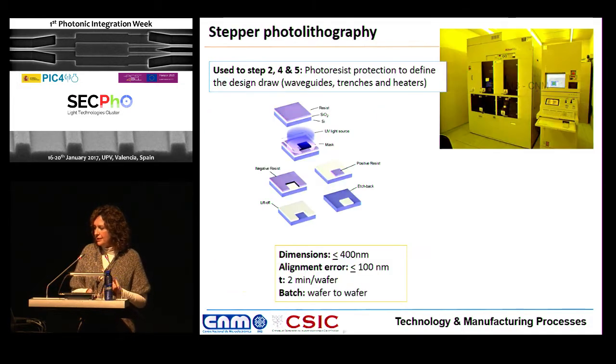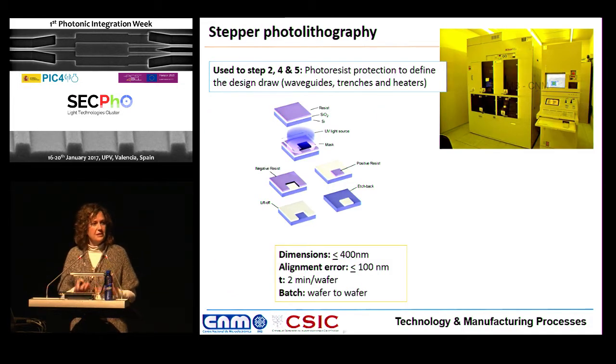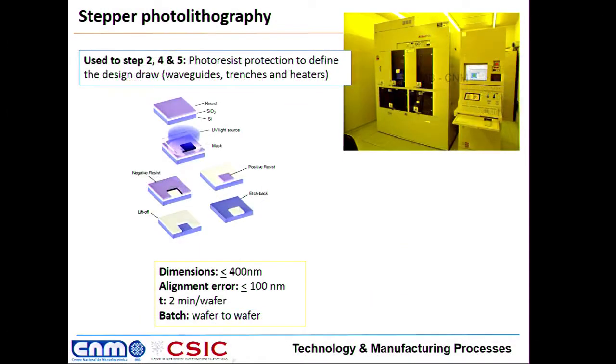We pattern the design with what we call the photolithography step. The photolithography step consists of putting on a layer of resist, which is a chemical component that modifies its structure with light. So we pass the light